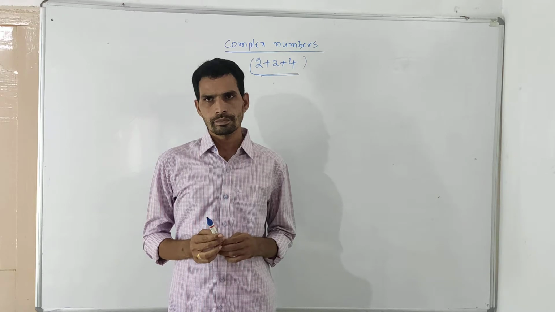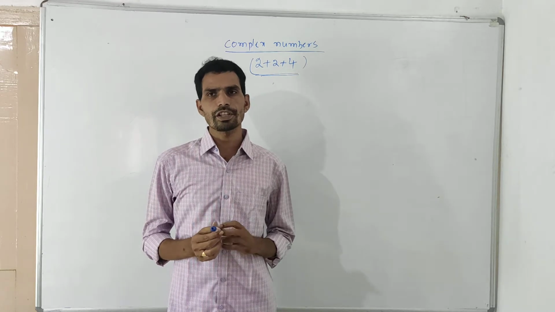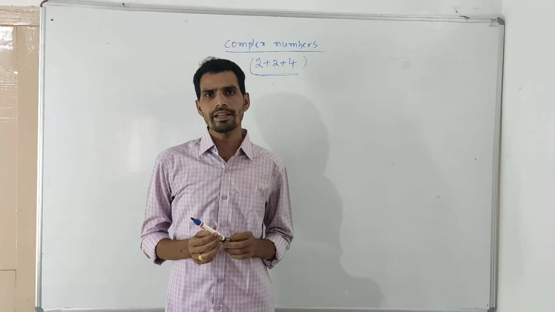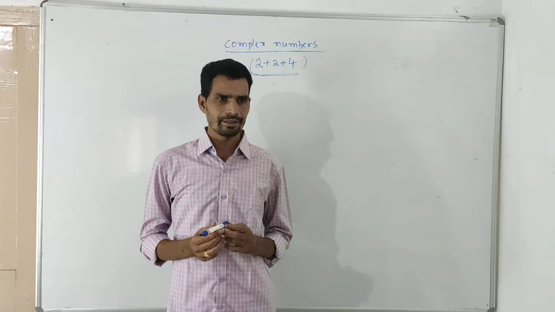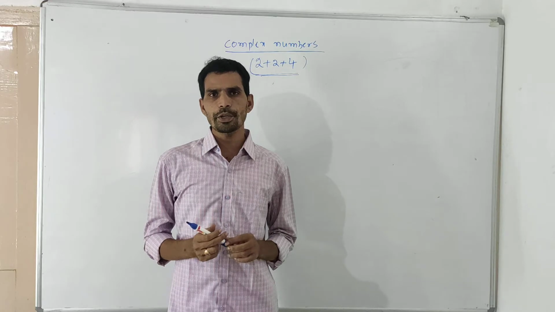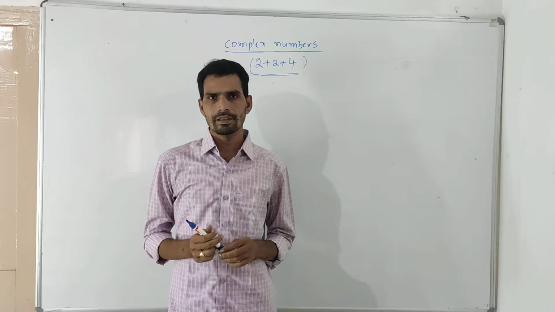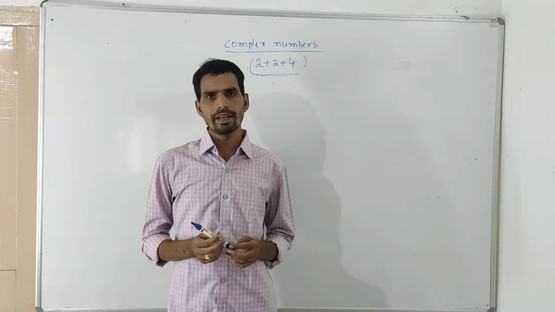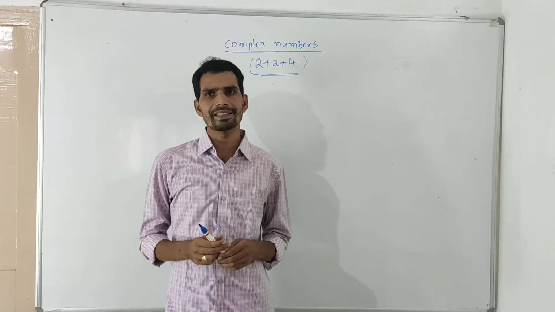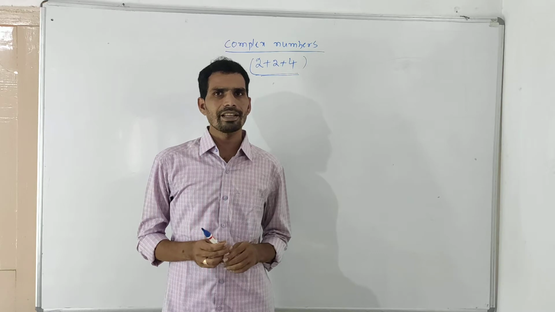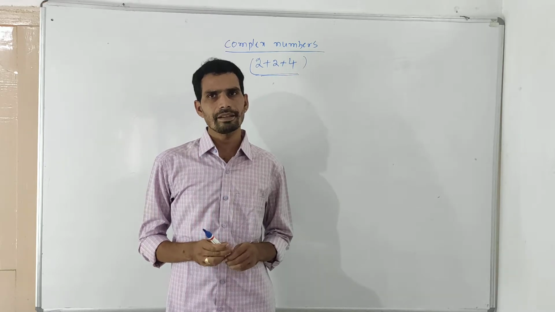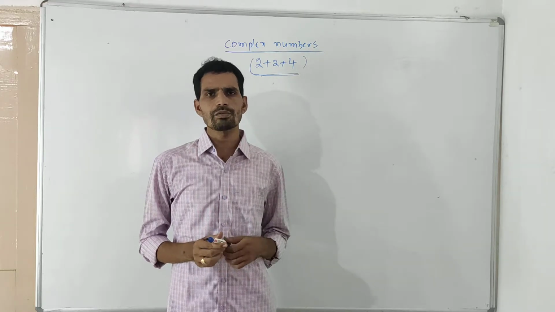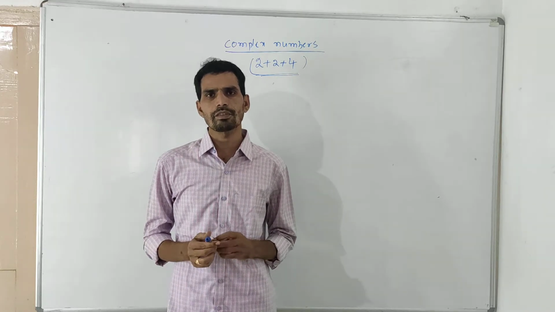Already you know another definition, the conjugate. If z is equal to a plus ib is a complex number, then its z bar is a minus ib. And also, what is the additive inverse of a complex number? If z is equal to a plus ib, then its additive inverse is minus z. Minus z means minus of a plus ib, which is minus a minus ib. Already we know 1 by z also. 1 by z means the multiplicative inverse of z.